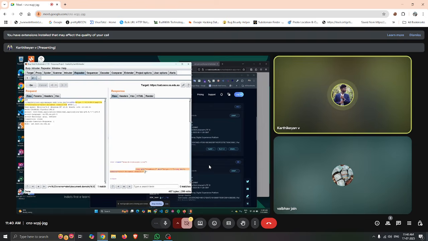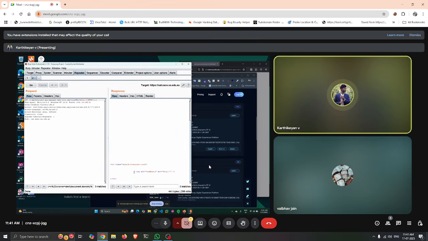So let me tell you how it's happening. The icon URL parameter is checking for the protocol from the backend. I'm not sure, maybe HTTPS or HTTP, anything will work. So I just add the HTTP colon double slash. Before, I added some random value, for example, hack here, but we got nothing. See, we got nothing. But if I add the HTTP protocol,